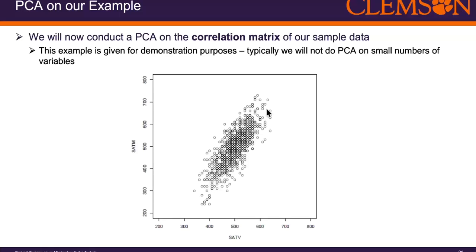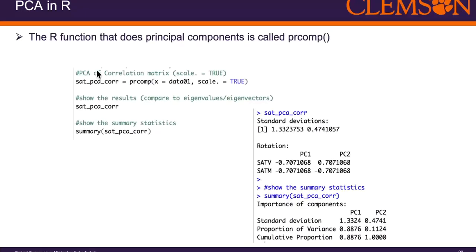Here's a scatter plot of the original data that gave rise to that correlation matrix. Again, we use the prcomp function in R. Remember, in the previous bit of the slides, I used the eigen function. prcomp is a principal components function that actually gives us the weighted values themselves. Here, you can see each of the standard deviations for each new component and the rotation itself, or the output,